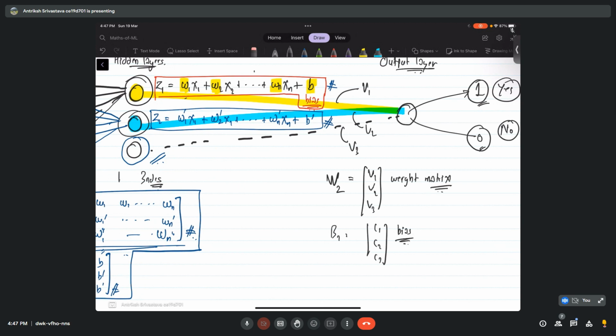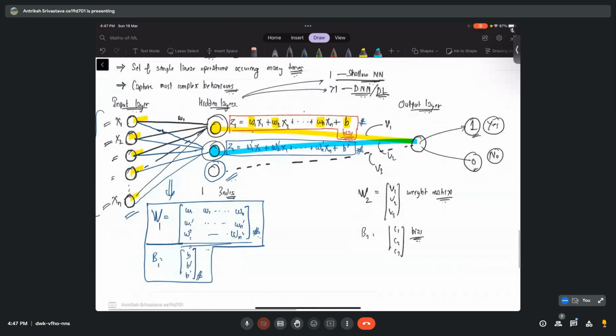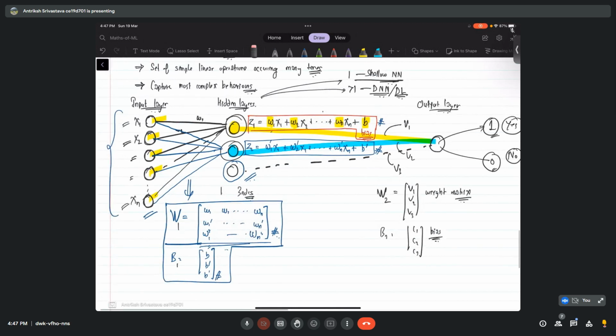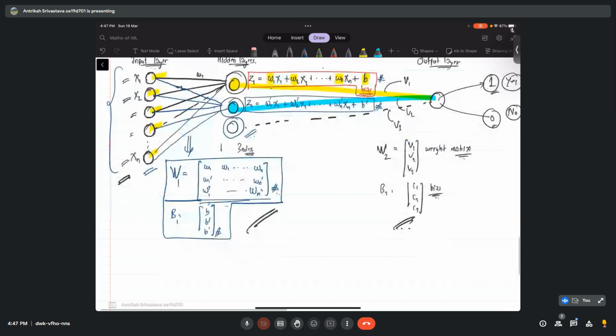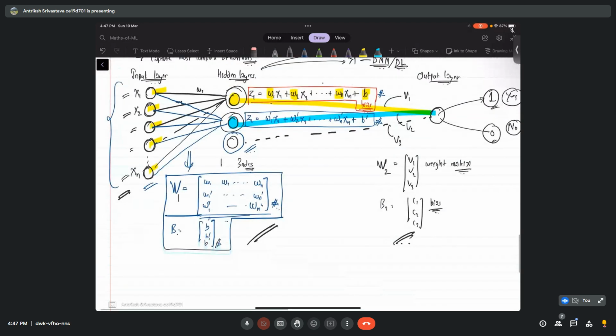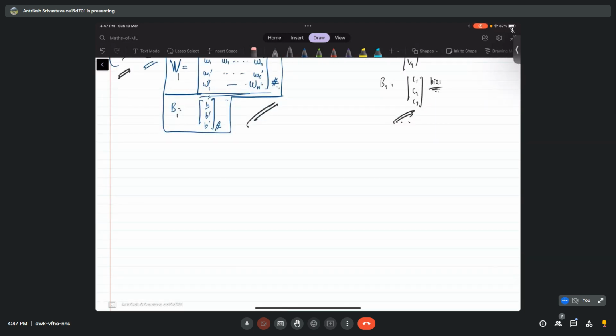So you can see that these nodes or the neurons are related to the input layer through some matrices. And now let's come to the activation function. Now what we'll do is we'll draw it here much more cleanly. So we have these many, let's say four, and then we had three, and then we had one.